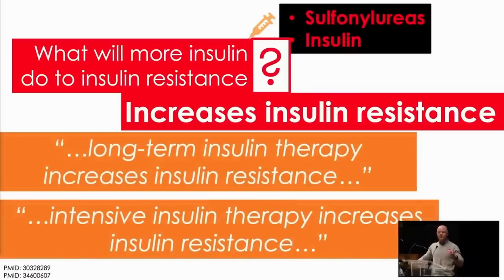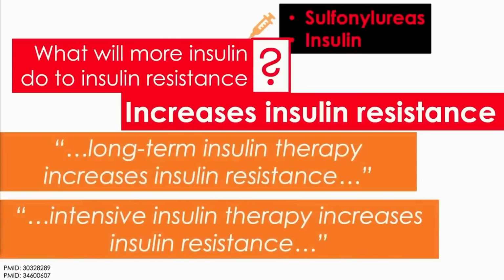Here are some quotes. And mind you, throughout my presentation, you might have noticed in the bottom left corner, I have these little PubMed ID numbers. So all of these, those are all the citations, if you're ever wondering. So these are some direct quotes, noting in type 2 diabetics that the longer or the more insulin the patient is taking, the worse the insulin resistance is getting. Again, it's no surprise. If you remember that high insulin is a cause of insulin resistance, you can see how we're making the problem worse.